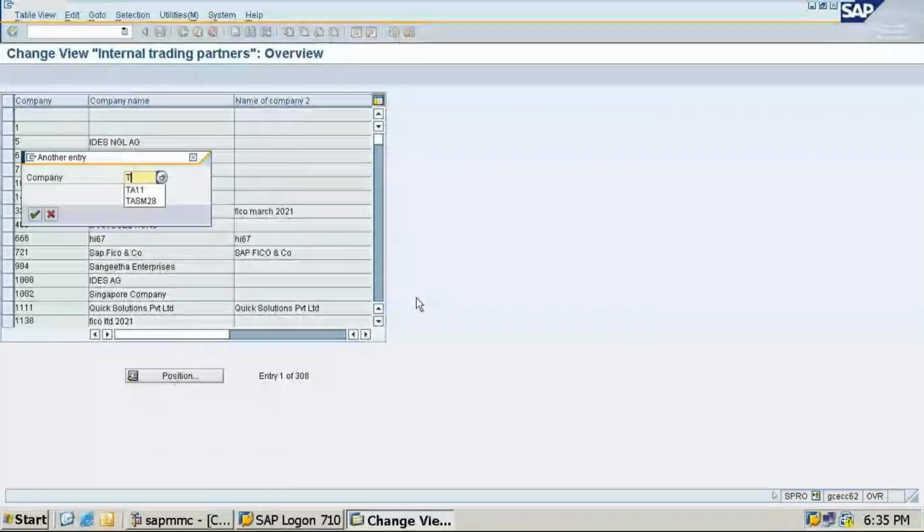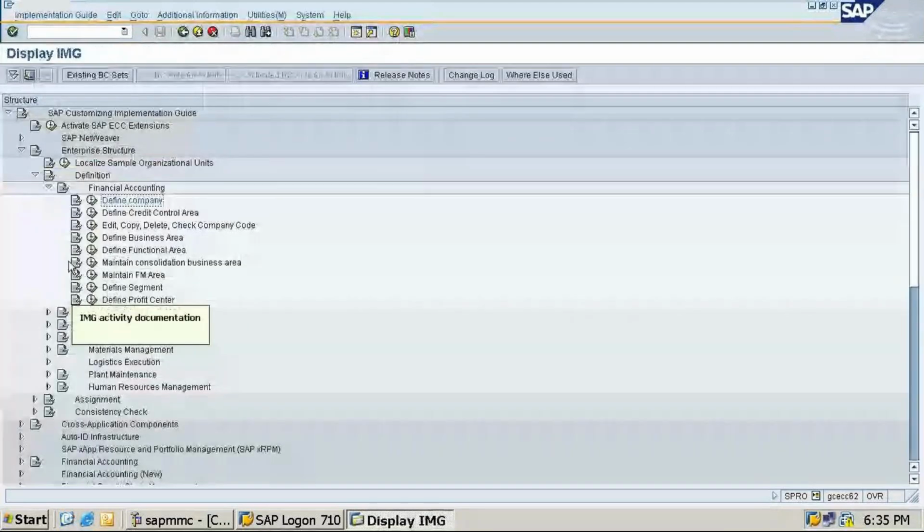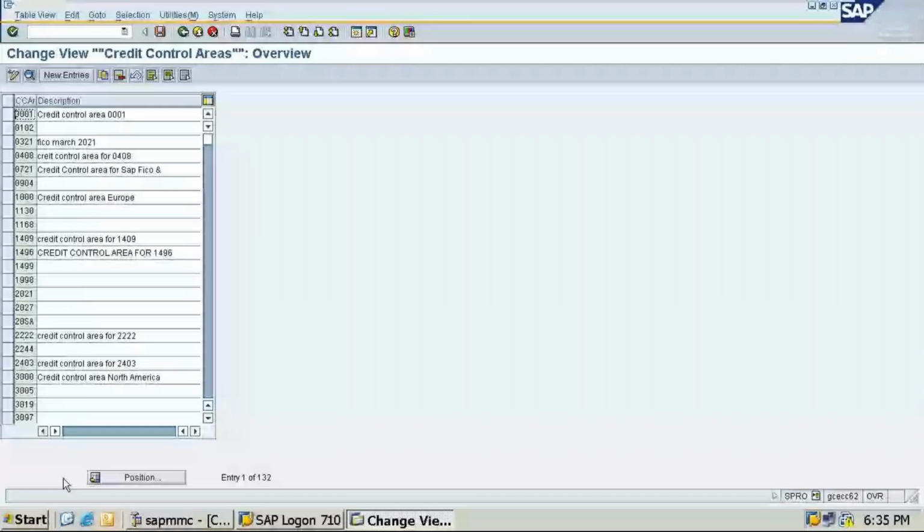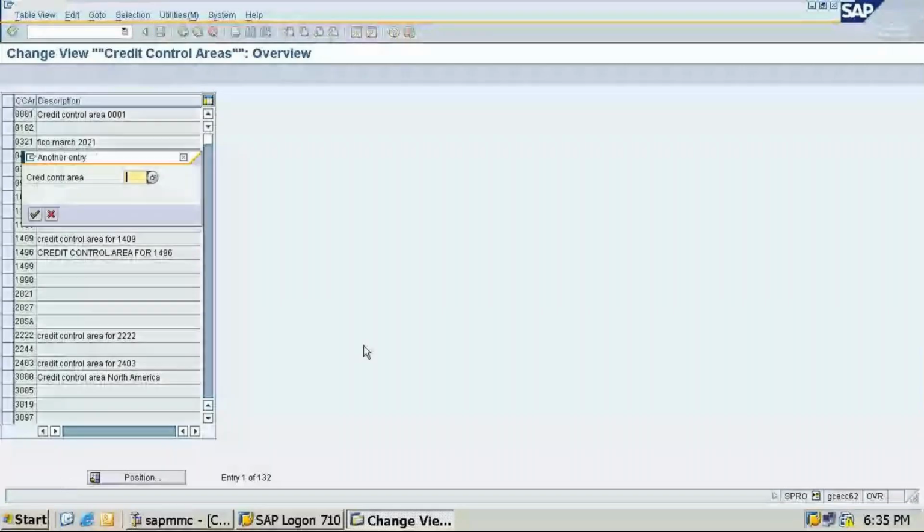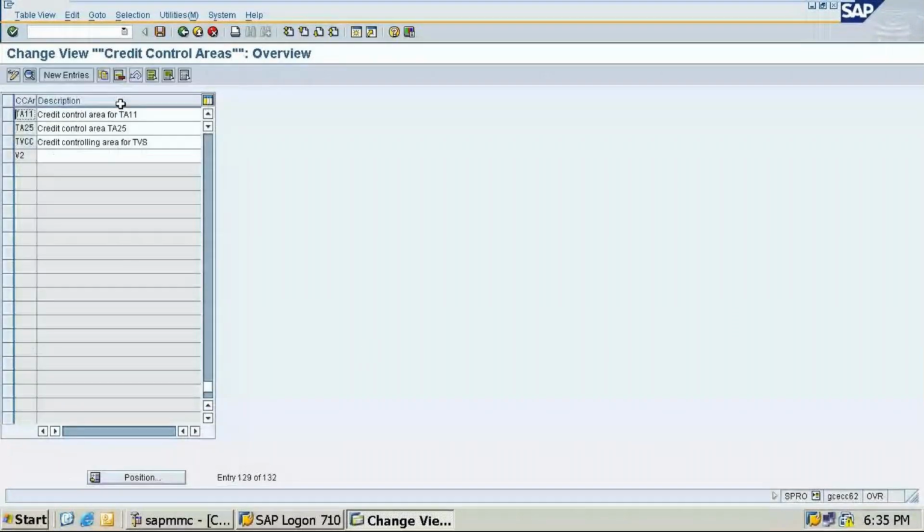I can see whether my company has been created or not. So it has been created, right? So the position is there to check this. Now I have created the credit control area. To check how it is, click on positions TA11. Now we can see we have already created it. Next, the Define Business Area we have also done.